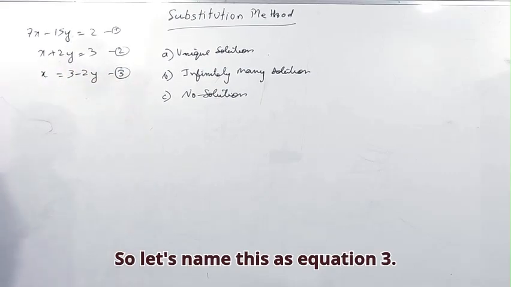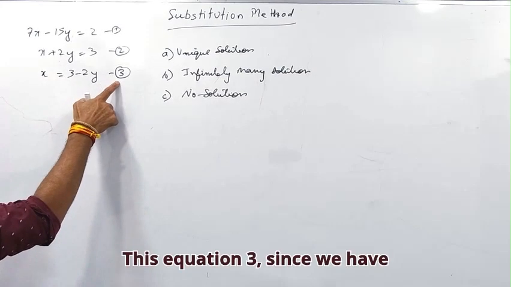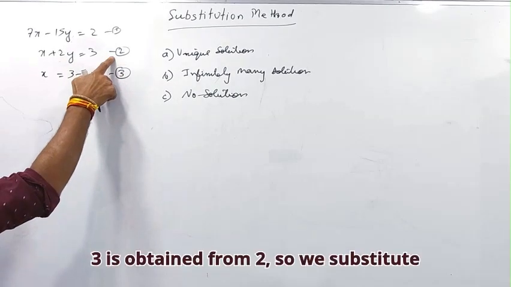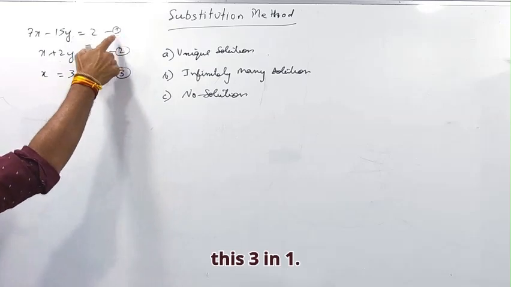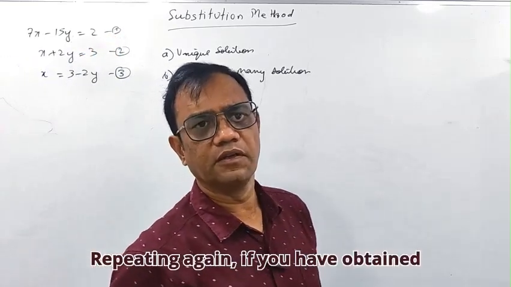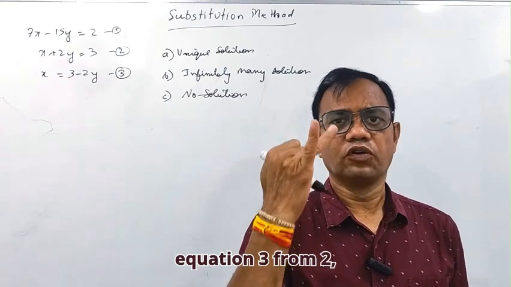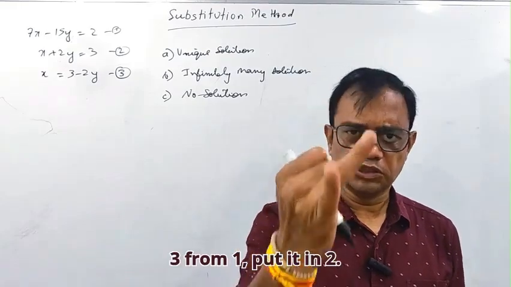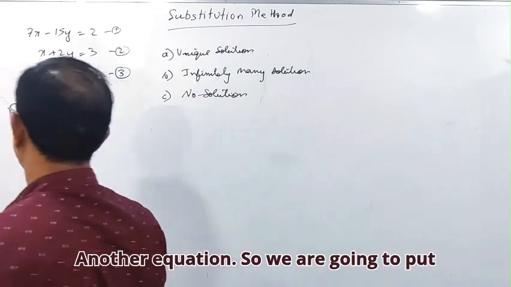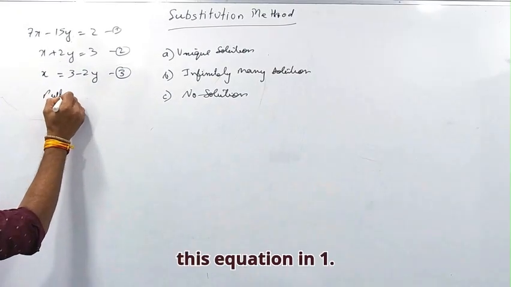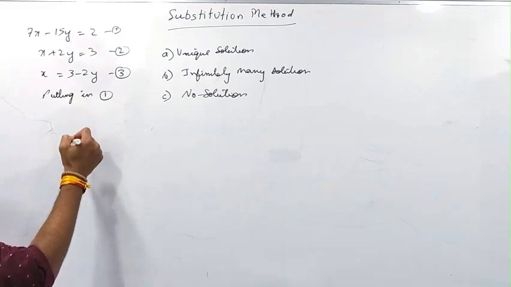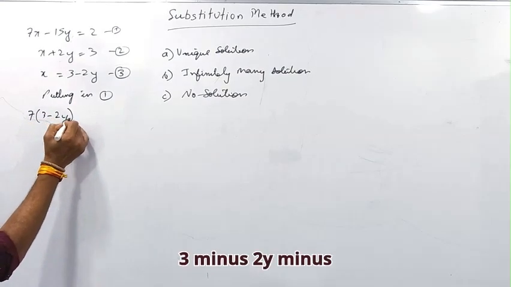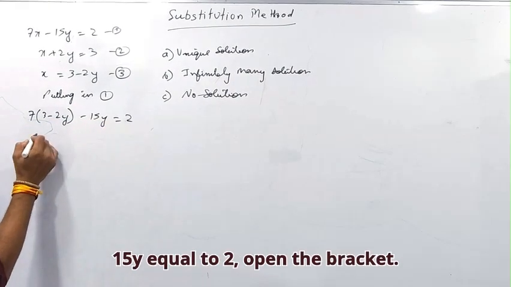So let's name this as equation 3. Since we have obtained equation 3 from equation 2, we substitute this 3 in 1. Repeating again, if you have obtained equation 3 from 2, put it in 1. If you have obtained 3 from 1, put it in 2, the other equation. So we are going to put this equation in 1: 7, instead of x we will write (3 minus 2y), minus 15y equal to 2, open the bracket,